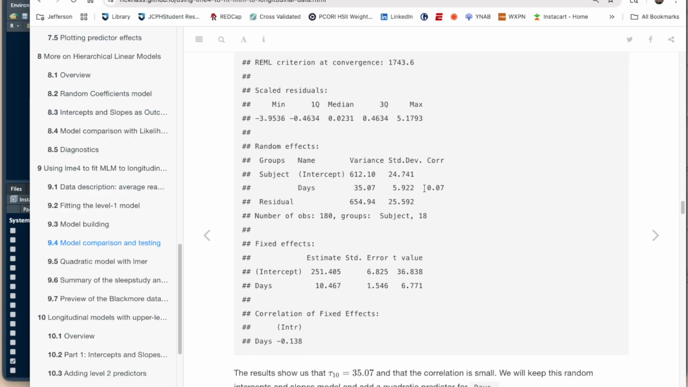We can also see that the correlation between intercepts and slopes is small, and that's good. That just means that there's room to grow. So it didn't really matter where people started in terms of the reaction time. Pretty much everybody's increasing. A lot of times when you're looking at learning, or pre versus post, or